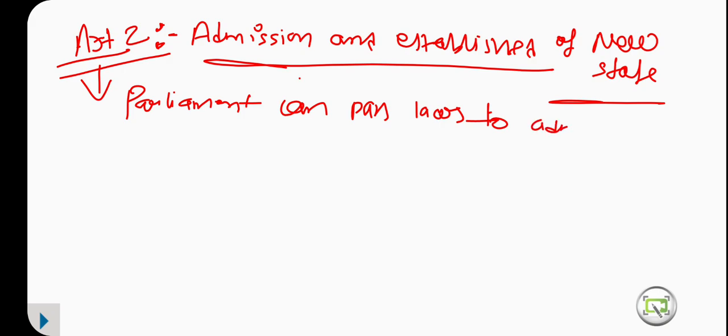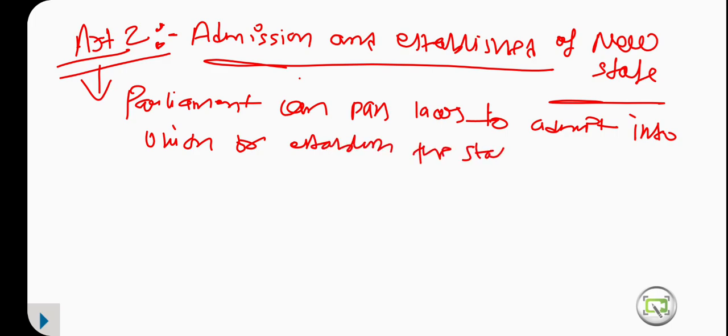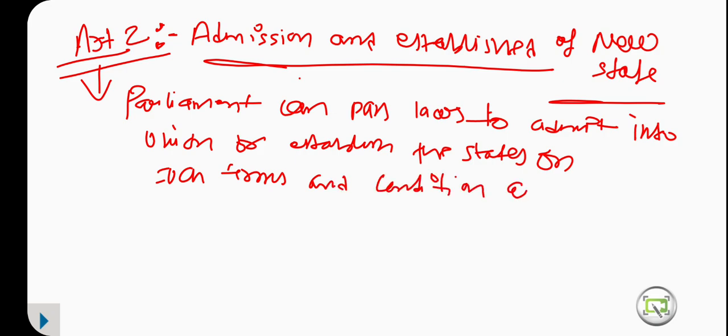For example, suppose some part of Bangladesh is going to merge with India, then what will be the procedures, and who can make all these decisions? Article 2 talks about this. Second, here it is also written that Parliament can